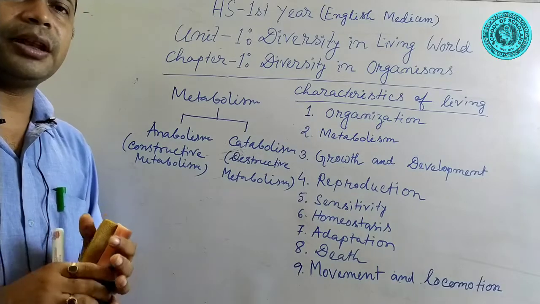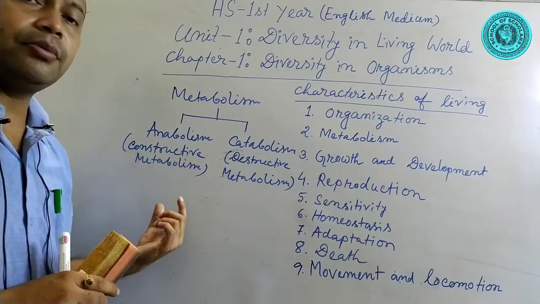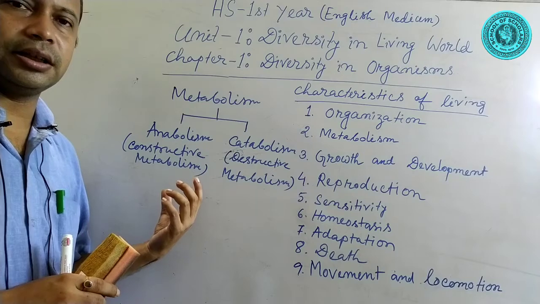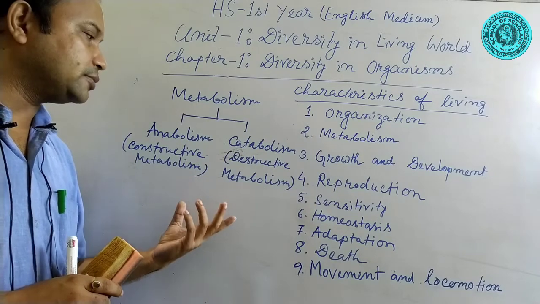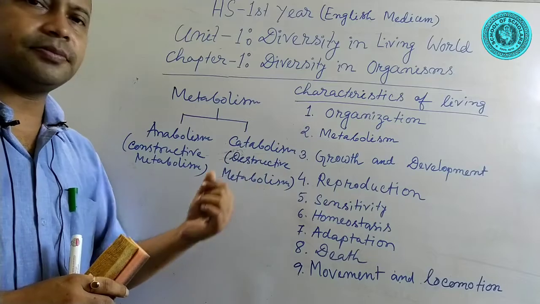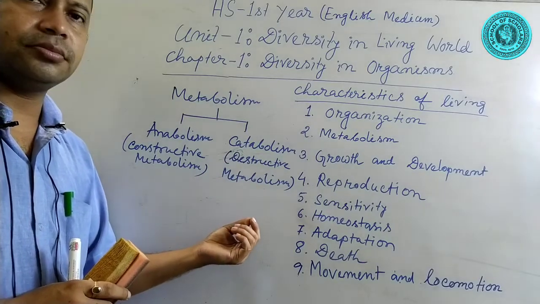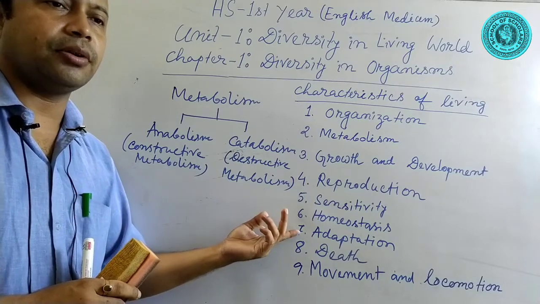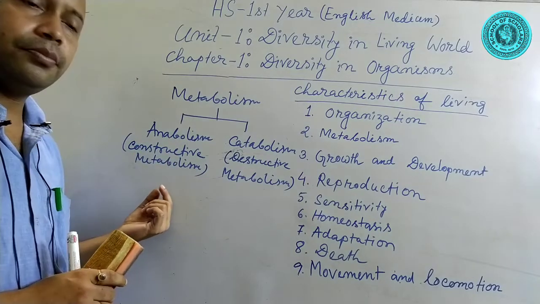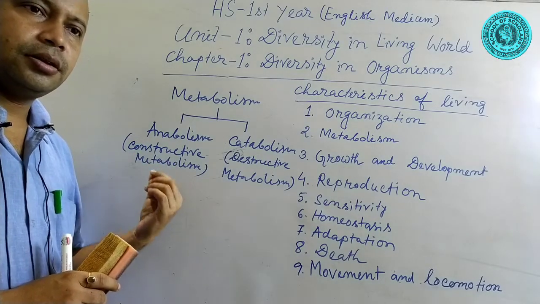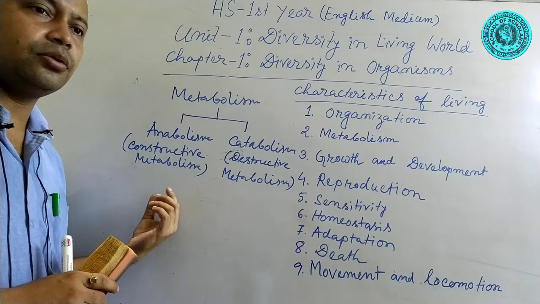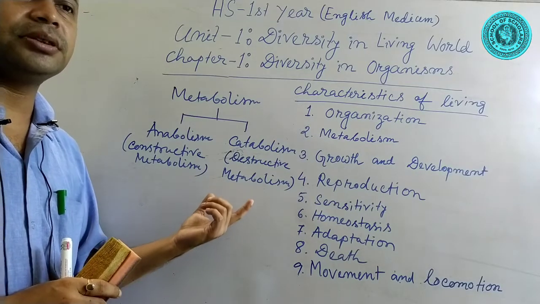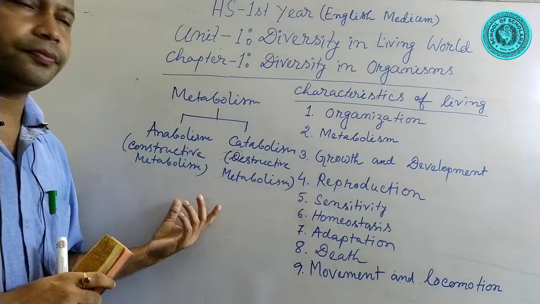As an example of anabolism, photosynthesis is an anabolic process, because in this process small molecules are aggregated to form the large molecule. And in catabolism, suppose cellular respiration, in case of cellular respiration, glucose is broken down to ATP, water and carbon dioxide. And in case of photosynthesis, carbon dioxide and water are aggregated to form glucose. Glucose then forms starch, which is a macromolecule.